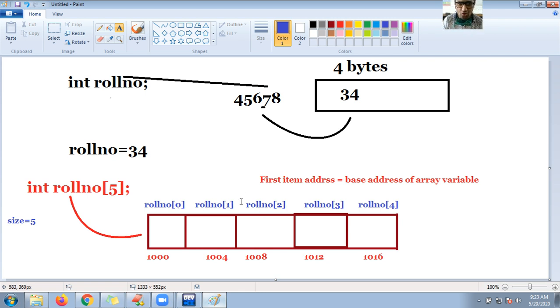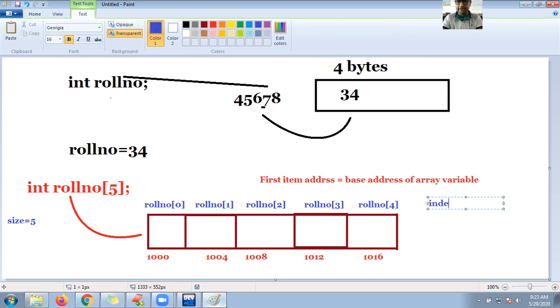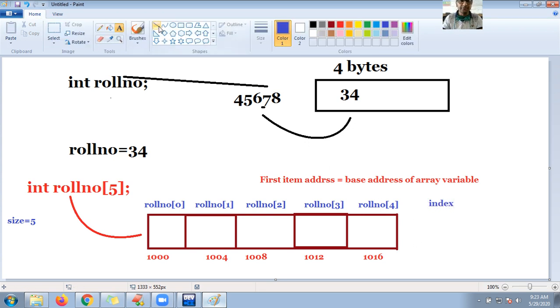What are 0, 1, 2, 3, 4? These are indexes, guys. These all are indexes, and these all are addresses.